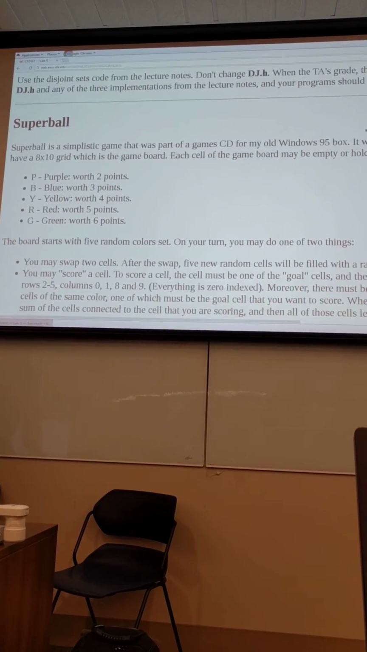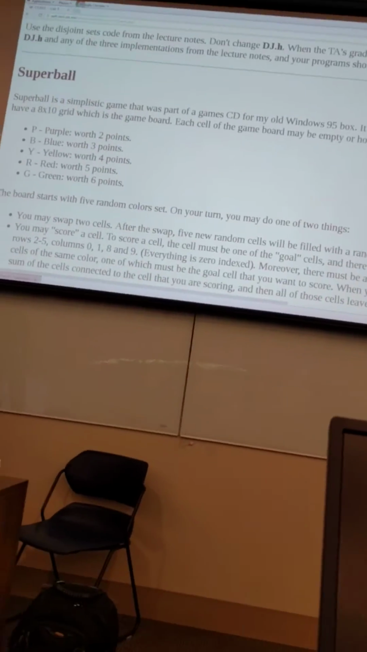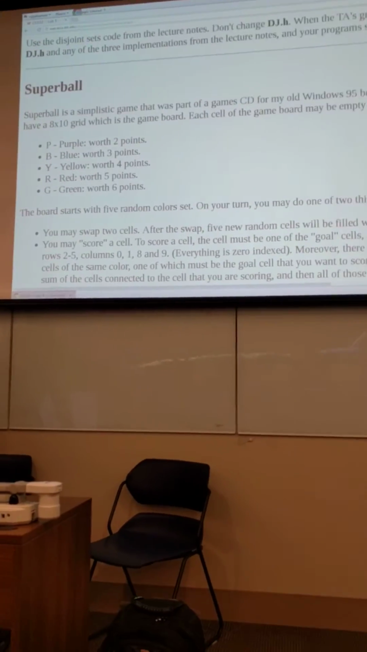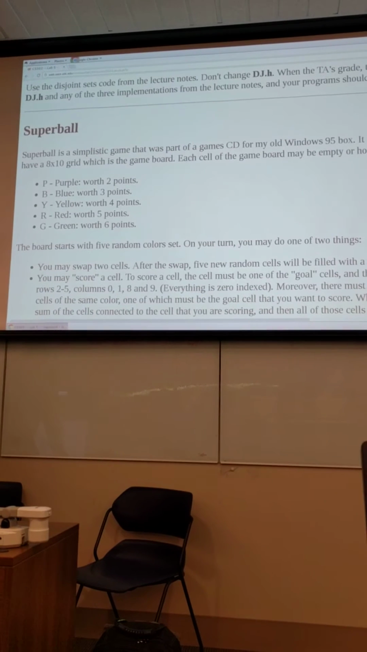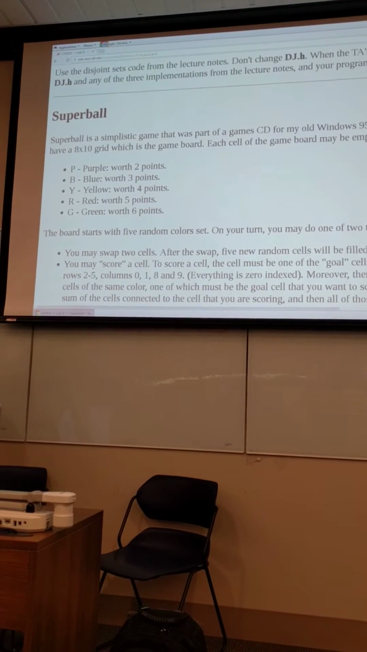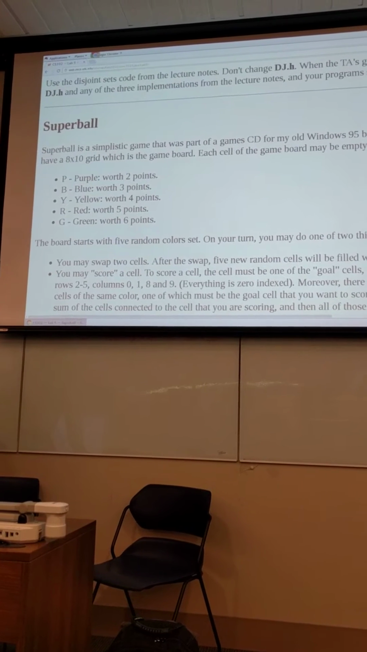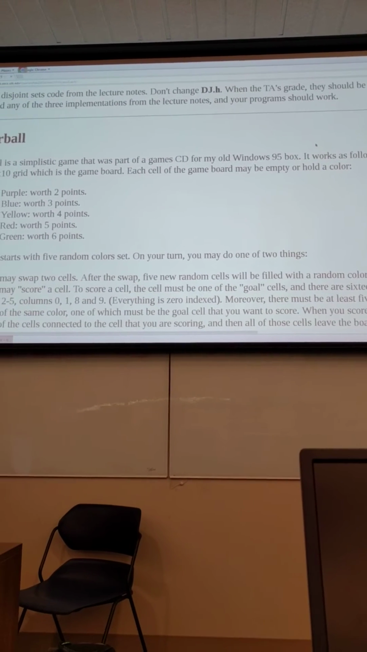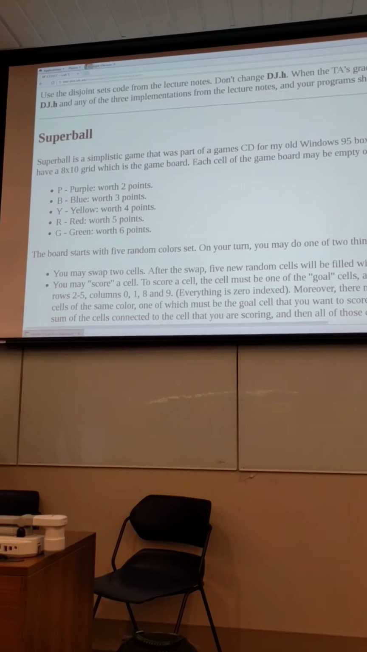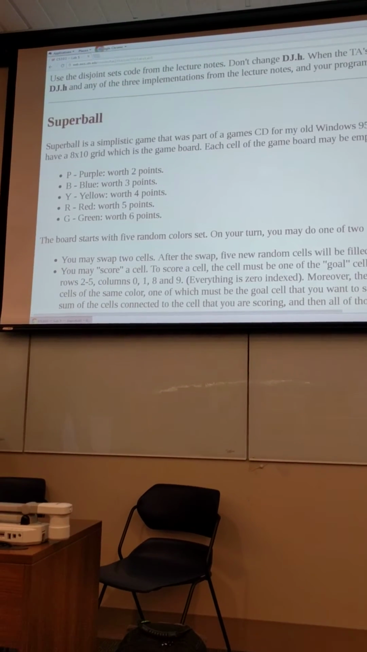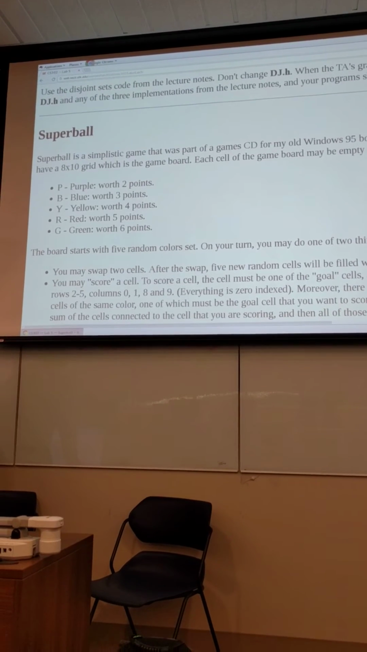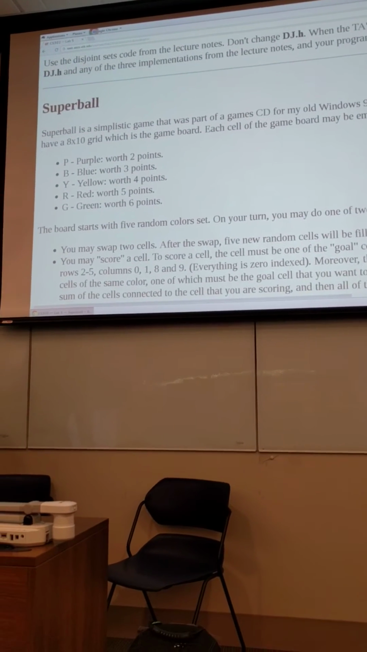So Superball is a game that was part of the Windows CD for Windows 95, and it works as follows. You have a grid that's 8 by 10, which makes up the game board for Superball, and each cell of the board can be empty or it can hold a color. And each color has a corresponding point value associated with it. So purple cells are 2 points, blue cells are 3 points, yellow is 4, red is 5, and green is